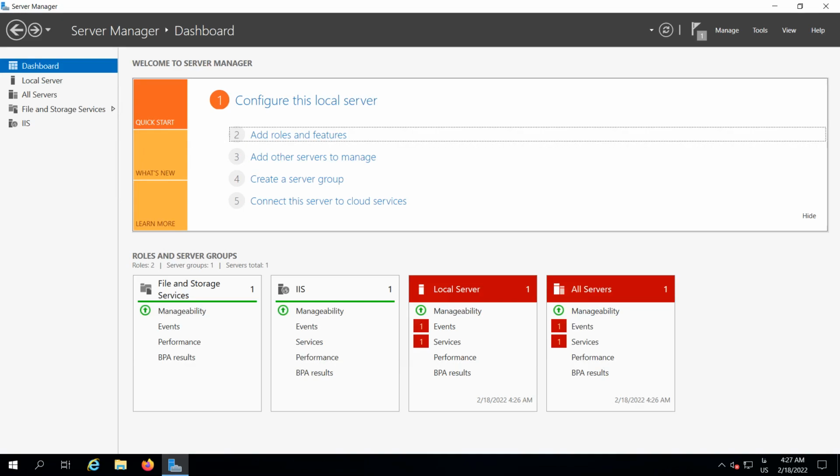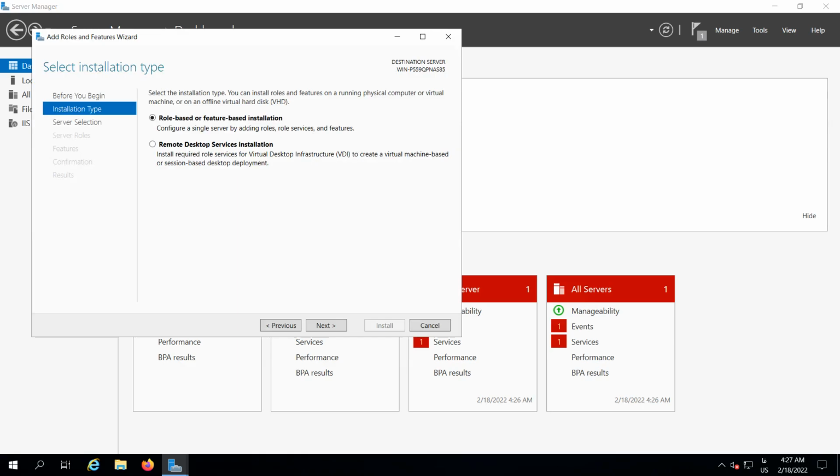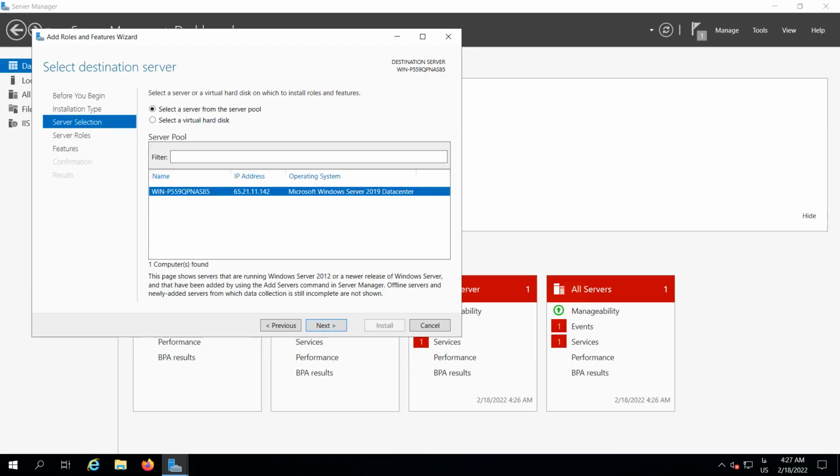In this video I am going to show you how to install Windows Server Backup with IIS in Server Manager. First of all, you need to click on Add Roles and Features, then Role-Based or Feature-Based Installation. We click Next, select the server from the server pool,